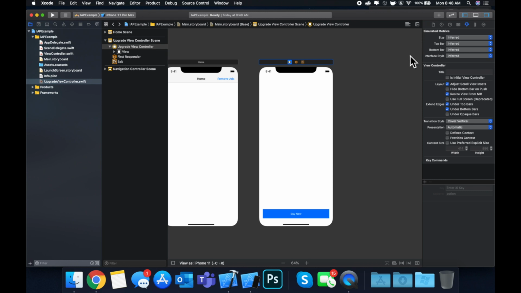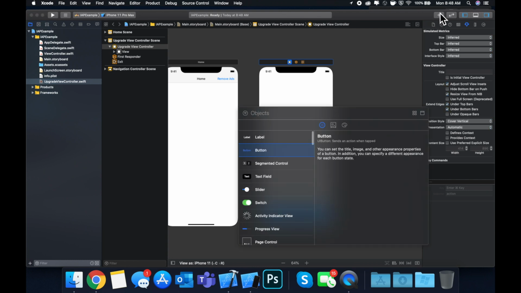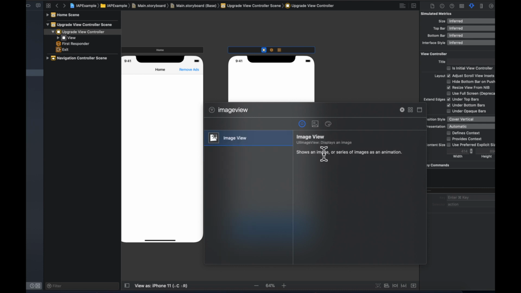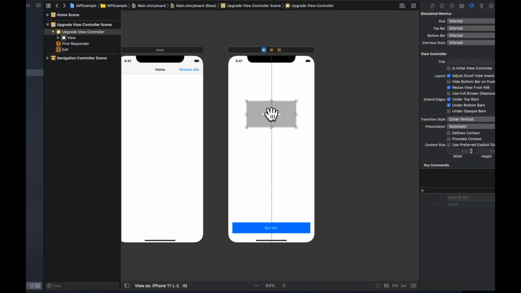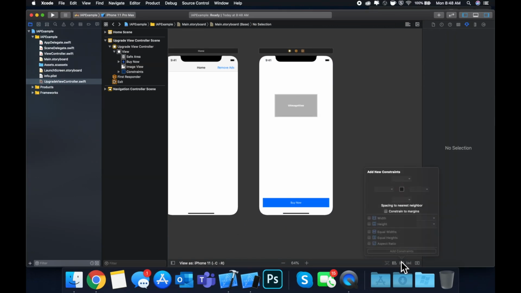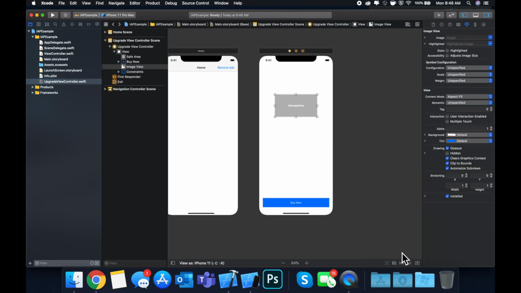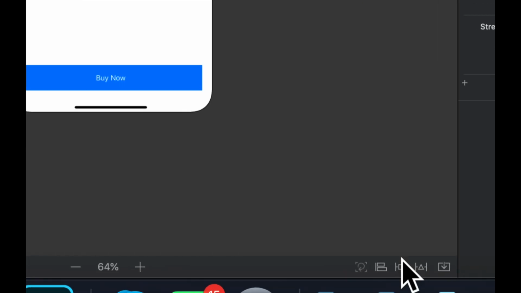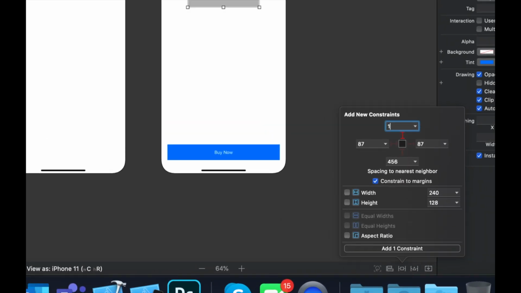And for the sake of this video being an example, I'm going to drag in a static image and text, which is going to show our basically image to unlock remove ads, and the label will show the price. In a real app, you probably want these things to have outlets so you can configure them, but we only have one product, so this should definitely suffice for the video. So let me add some constraints if I can select it properly. We're going to say 10, 10, 10, and height will be